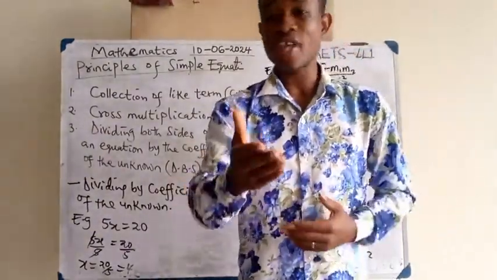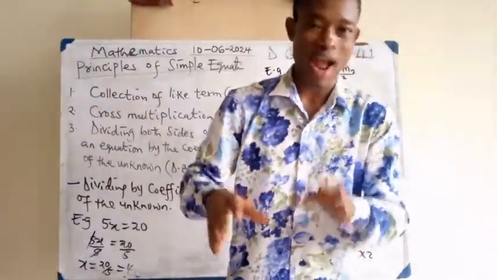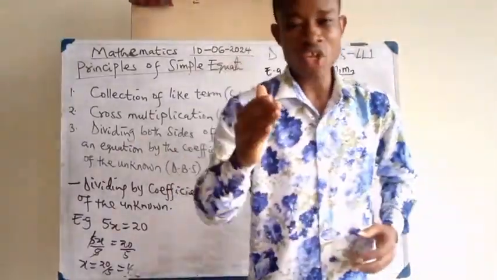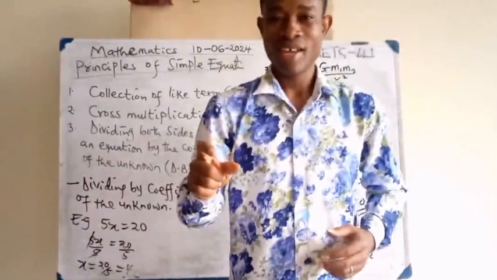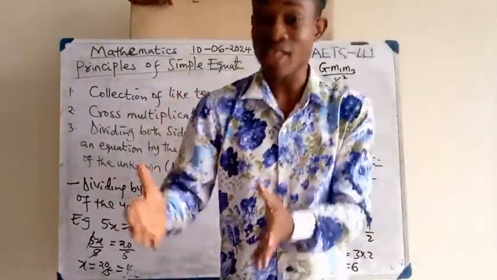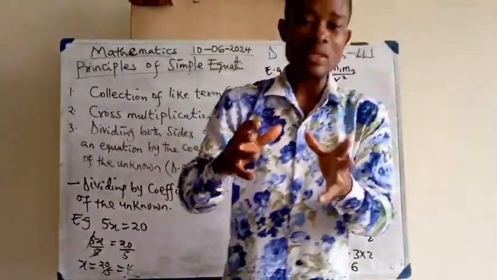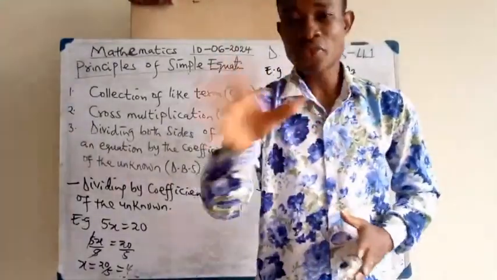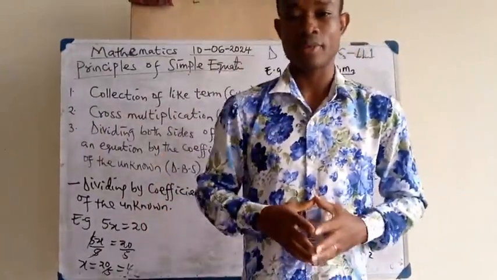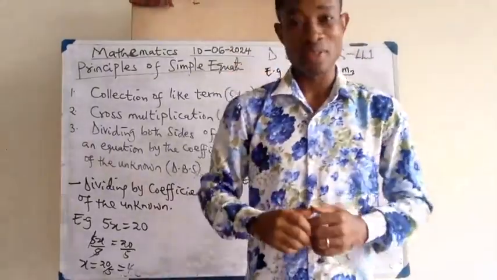When to collect like terms, for example, in a situation where you see plus or minus between the unknown, what you are looking for, and any other term. When to cross multiply, for example, when the unknown is in fraction form, and it happens that the unknown is the only fraction that you have on that side of the equation. Again, the unknown will exist in a single fraction. Once these 3 conditions are satisfied, you are expected to cross multiply for an equation problem. But specifically, the unknown must be in fraction form to do this.